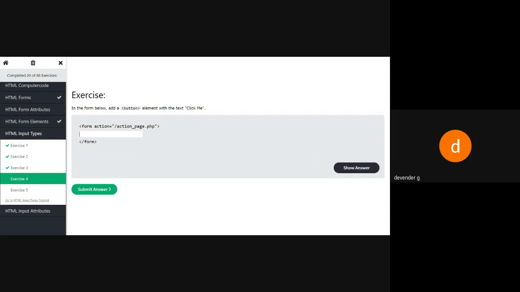Now tell me, this one, I need to add a button. So no need to use the input. I don't want to use the input with type equal to button or submit. I need directly the tag called button. So how will I be writing? I'll be using button, open the button, close the button tag, and in between I have to write something called click me. Now this is how you write another button. So instead of writing input, I can write directly the button also.